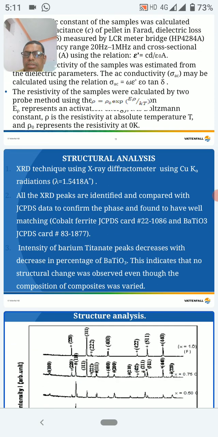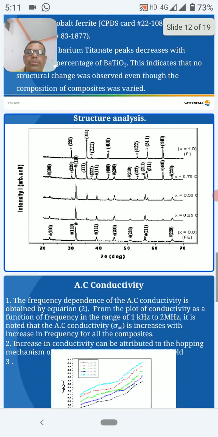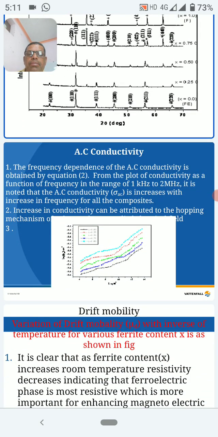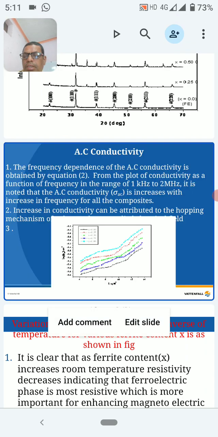When the dielectric constant and dielectric loss tangent are measured from the LCR meter, the AC conductivity is calculated using the above formula, and the graph is plotted between log of conductivity and log of omega square, that is, the square of the applied frequency. This graph is shown like this, and it shows that